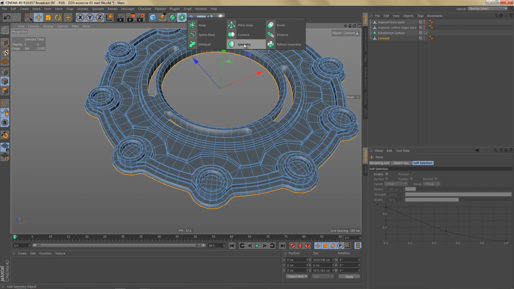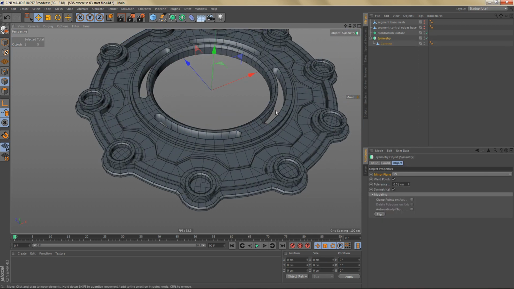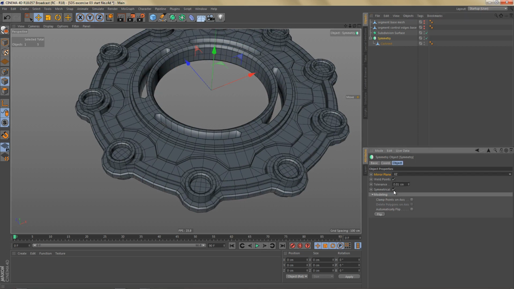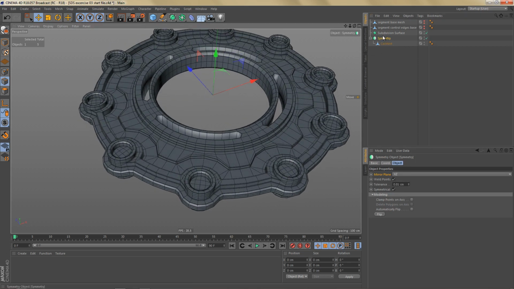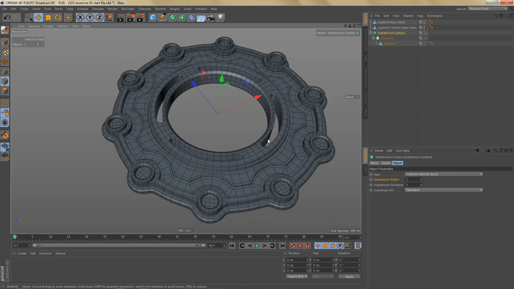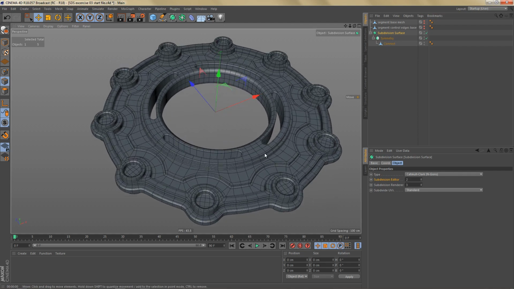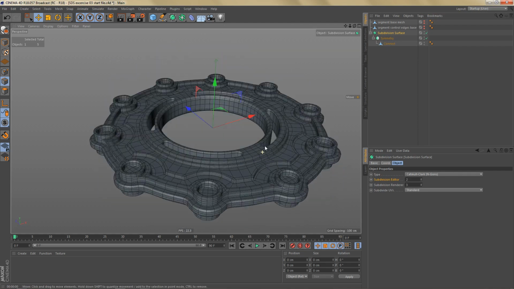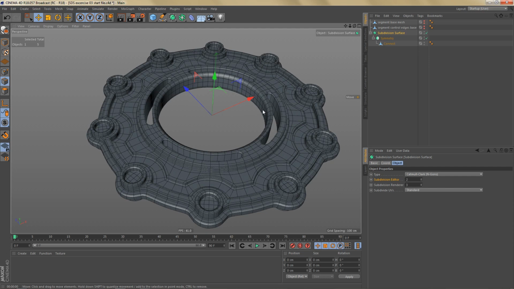So let's put this in another symmetry object. We're going to mirror this top to bottom, so we need to change the mirror plane of the symmetry to XZ. Let's put this back into our subdivision surface object, and we're done. If you need both sides of the object and you want to save more polygons, just make